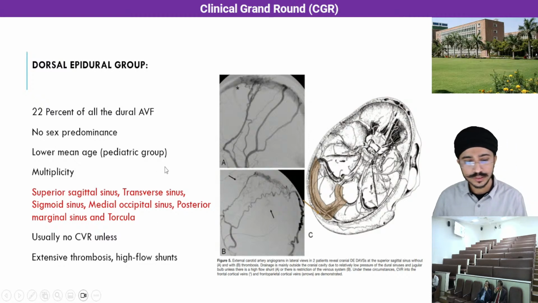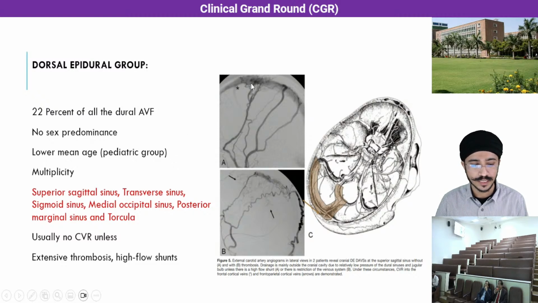Then, the dorsal epidural group constitutes about 22% of the dural AV fistulas, and the majority of these are superior sagittal sinus fistulas. There is no sex predominance in this case. Lesions are usually multiple. They have a lower mean age and include the lesions in the superior sagittal sinus, transverse sinus, sigmoid sinus, medial occipital sinus, as well as the posterior marginal sinus, and at the level of the torcula. These lesions usually don't have any cortical venous reflux unless, again, there is a very high flow shunt or there